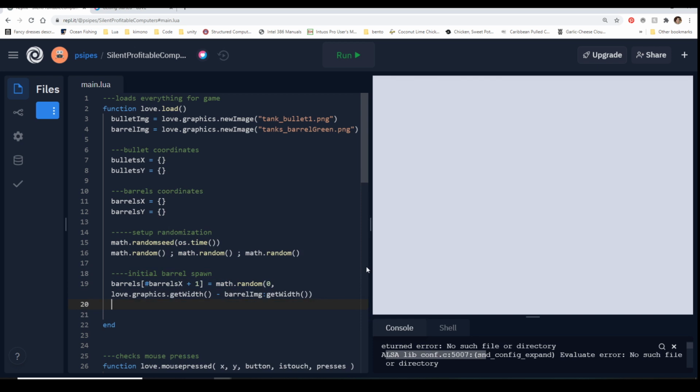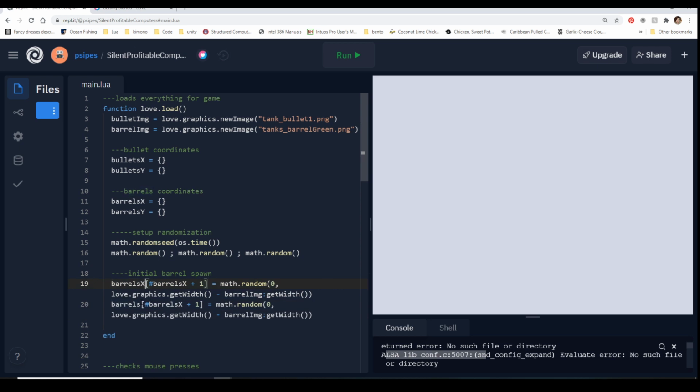So if you want, you can write it all out again, or you can copy it because, oops, that's actually wrong too, barrels X. So barrels Y, and we can say, okay, that's a Y, math.random, instead of get width, it's get height, and instead of get width here, it's get height. Again, for some people that's faster to write out, for some people that's faster to copy and paste.